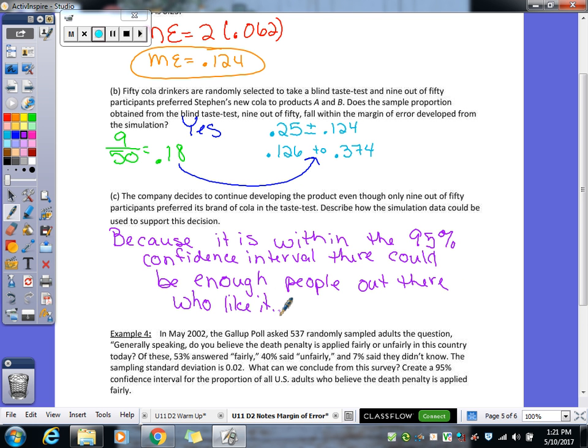You've also got that whole thing because it's a confidence interval. We could be off a little bit. We didn't have the full population. We only looked at 50 people out of how many people that buy soda in the entire world. So